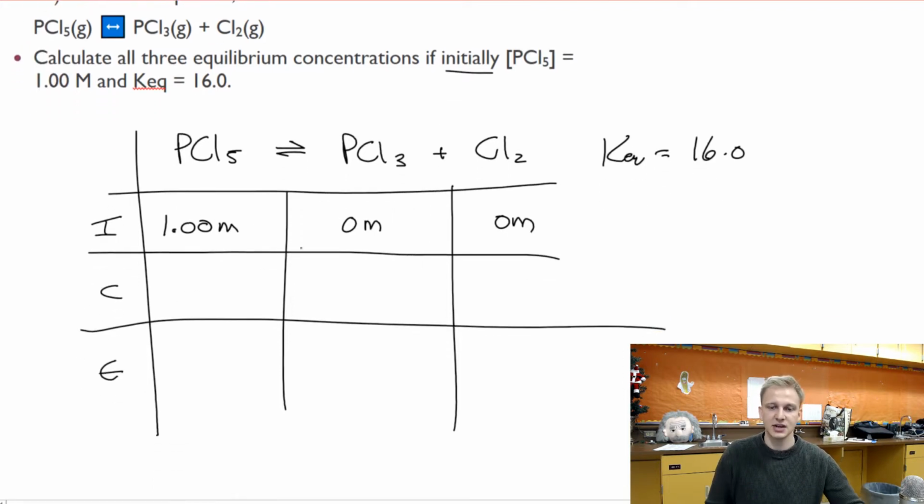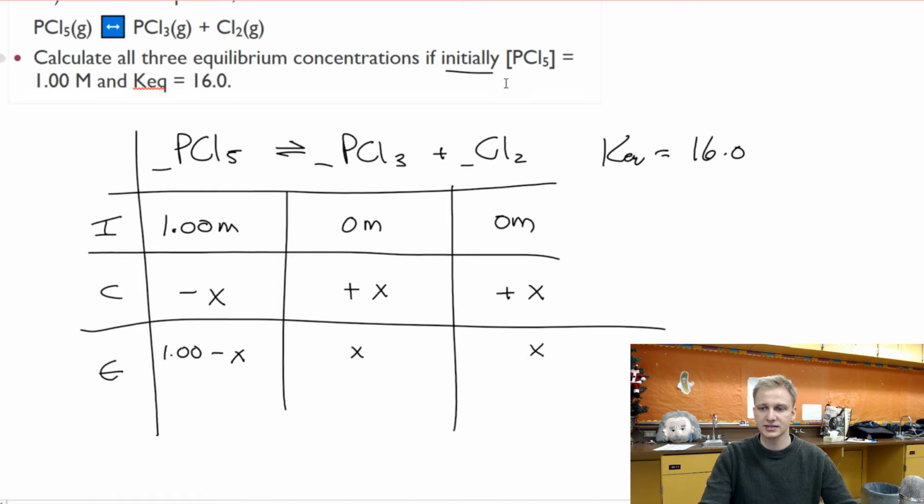From there, we can start to fill in our changes. For our changes, we use the molar ratios to determine whether we want to add or take away a 1x or a 2x or a 3x, and so on. For this first one, because we have a reactant, we're going to use it up, so we have a minus x here. We have a plus x and a plus x for both of our products. Again, we have a 1:1:1 molar ratio, which is really nice. Then we can fill in the equilibrium row, where the equilibrium concentrations will be 1.00 minus x for the PCl5, and x and x for